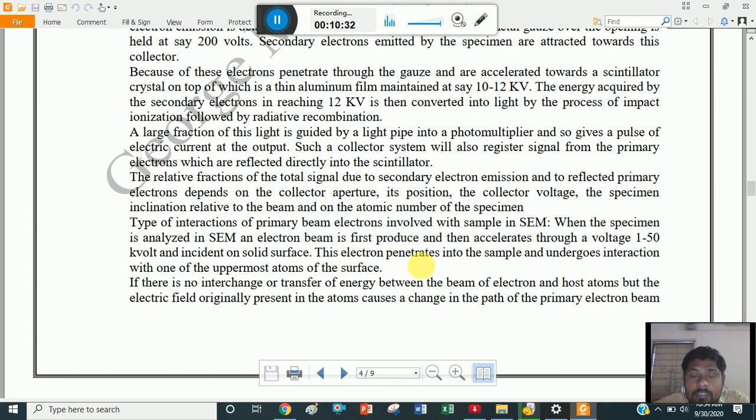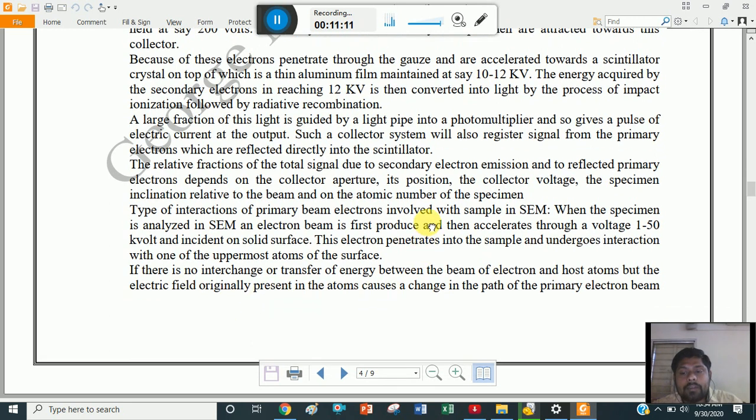Now these electrons penetrate into the sample and undergo interaction with the uppermost atoms of the surface. A beam of electrons accelerated through 1 to 50 kilovolt, when incident on the surface of the sample, interacts with those atoms on the surface of the specimen, up to a certain depth. If there is no interchange or transfer of energy between the beam of electrons and a host atom, but the electric field originally present in the atom causes a change in the path of the primary electron beam,